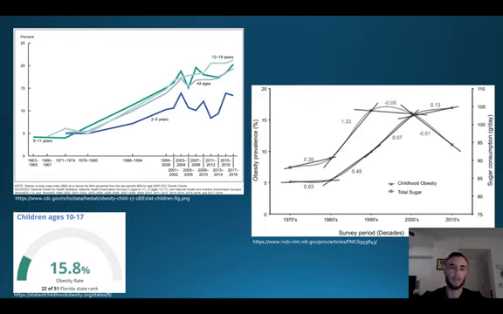So this is actually from a website called stateofchildhoodobesity.org, and they allow it so you can see different stats and different categories of stats for the nation, but also each state. So this number, the 15.8% for obesity rate, is actually for Florida alone. So nearly 16% of kids 10 to 17 years old are obese in the state of Florida right now, which is pretty crazy to think about.